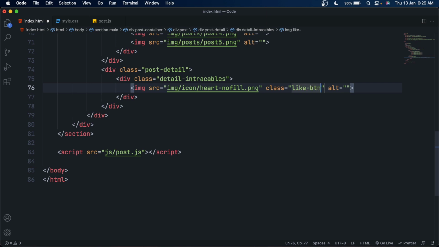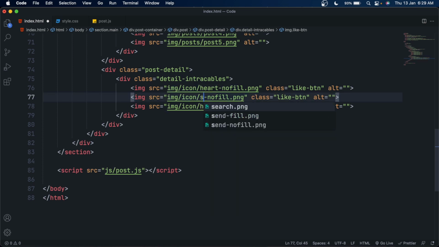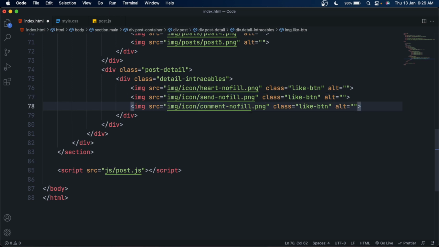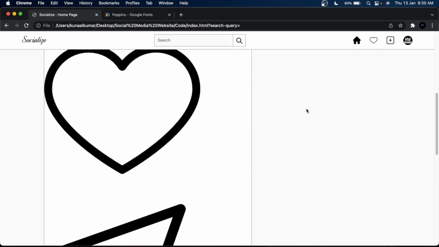So yeah, make two more copies of it because we have two more icons, and change the image source here to send and comment.png, and also change the class name because these class names are specific, so we can select them in the JavaScript. Perfect.